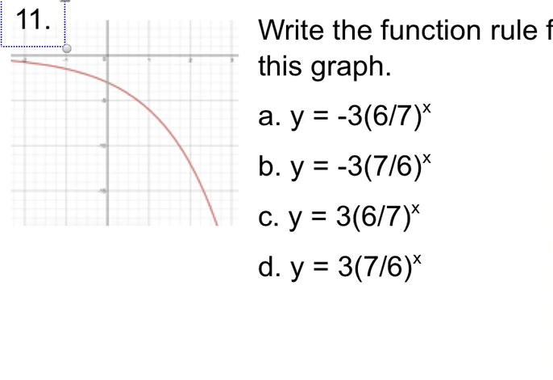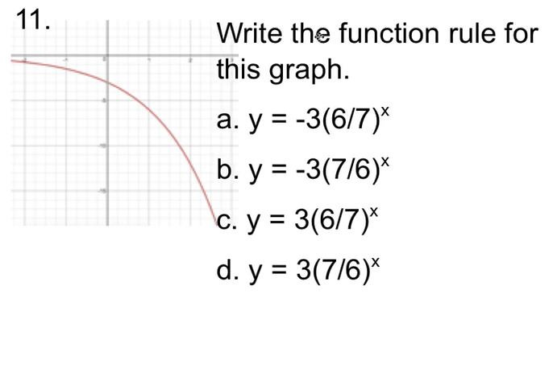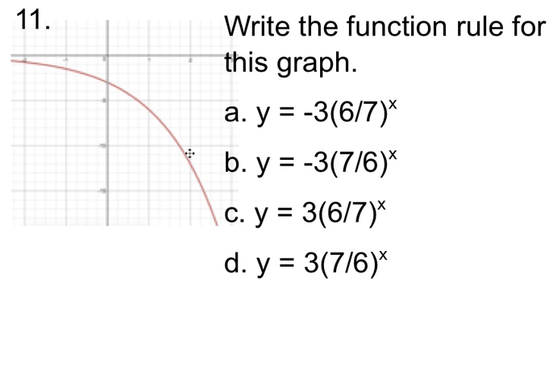Number 11, I've actually added something in here. I've added some choices because without these choices, it turns out this is a pretty difficult problem to solve. So let's look at the graph first, and we're going to analyze what we have here. Clearly, this is an exponential. It's a J curve. It's veering off to infinity on both sides, right? It's got the x-axis as a horizontal asymptote, but it doesn't look like our typical growth, because remember, our growth would look like,